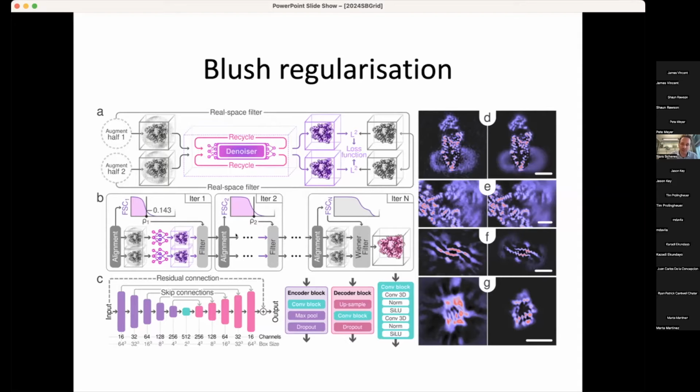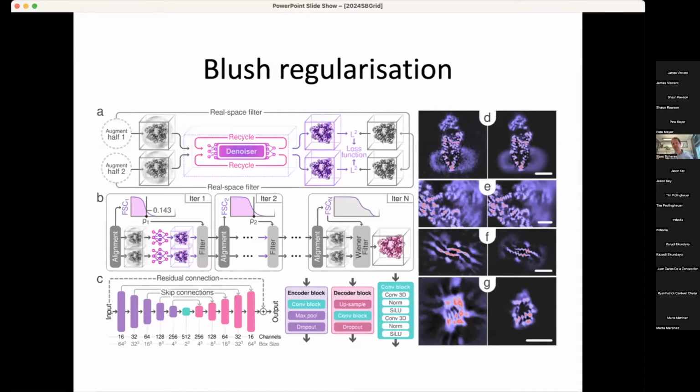He made several adaptations of that framework to explicitly deal with, for example, fuzzy regions of membrane patches, etc. But you could think of it as a noise-to-noise type of denoiser. And then this denoiser is put inside the iterative algorithm of Relion, where every iteration we have two independently refined half maps, which are denoised by this denoiser and then used for the references in the next iteration.